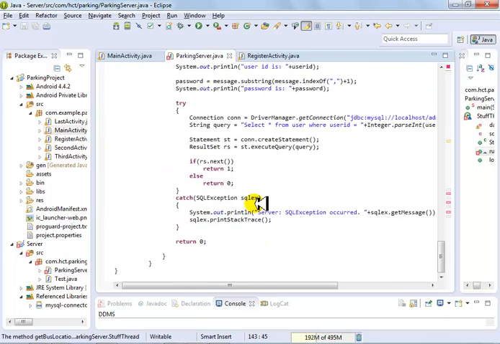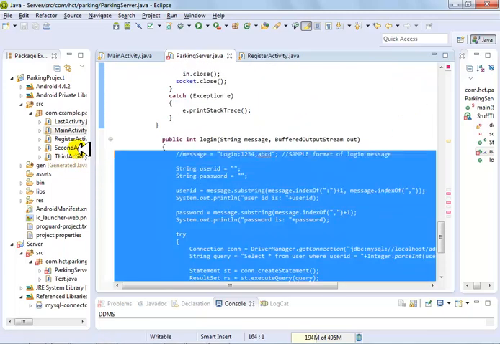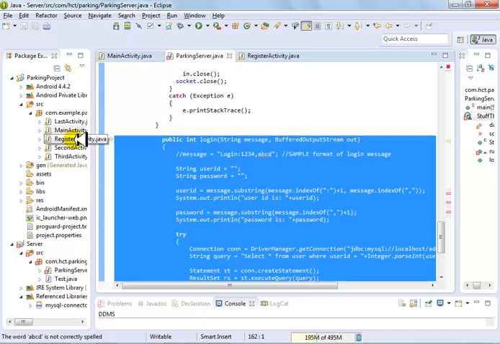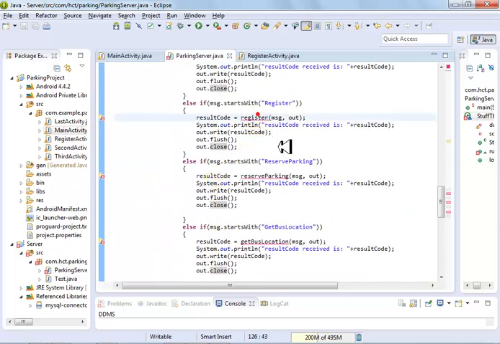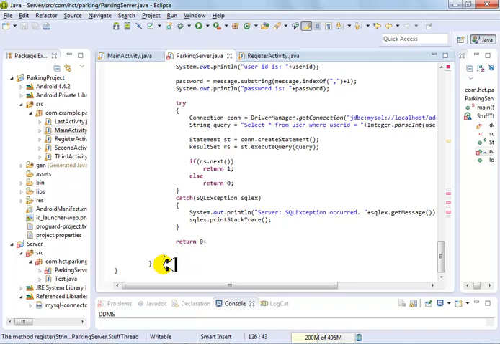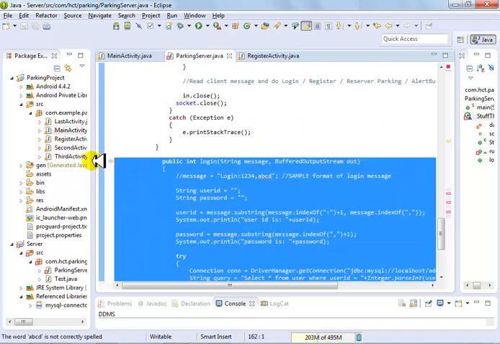What you need to do is, this is the login function. You need to copy and paste it. There has to be one function for every functionality, and change the code over here. This is the implementation of the server, not the client. So you receive a message from the client. Now you should go and insert in the database as far as the registration is concerned. So we'll do it for register. Let me just copy this. Register,